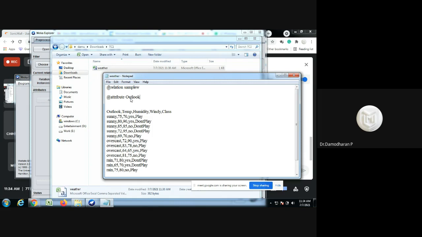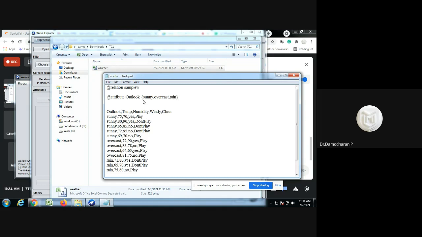This outlook stores only the predefined values called sunny, overcast, or rain. So I want to create a set of data: one we can call sunny, the next overcast, and third rain.